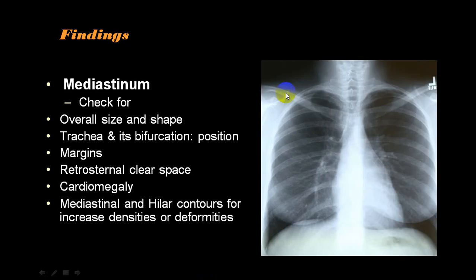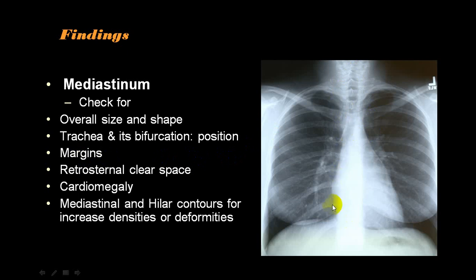But while looking at the mediastinum, we look at the overall size and shape, and for the mediastinum ideally you should have a PA view, not an AP view. Look at the trachea, the bifurcation, which we call the carina, angle, position, whether it is shifted or whether it is in the center, and the margins of the mediastinum.